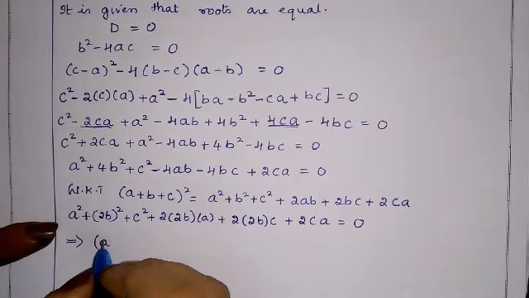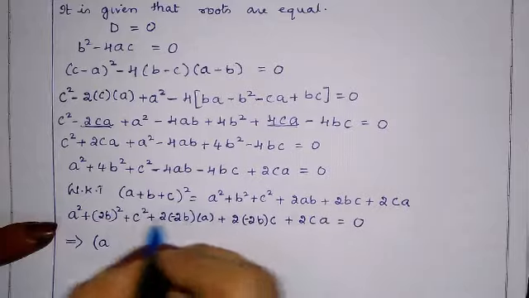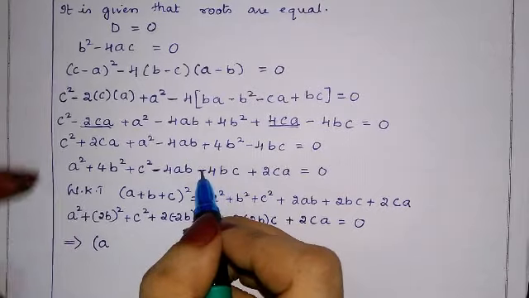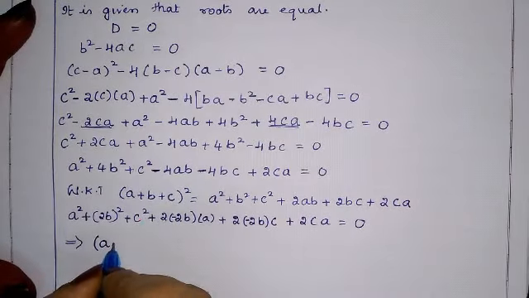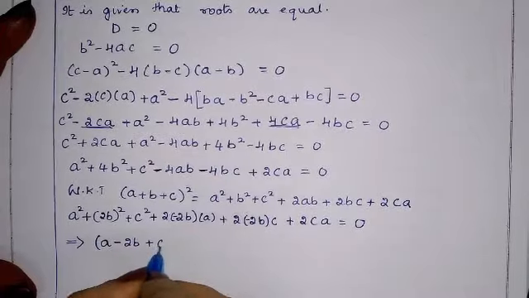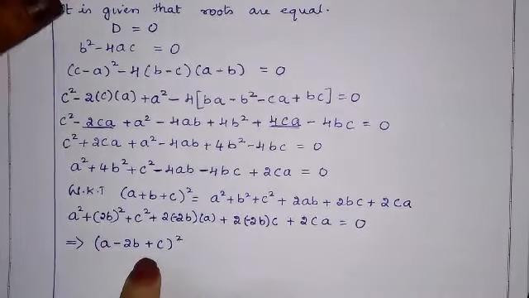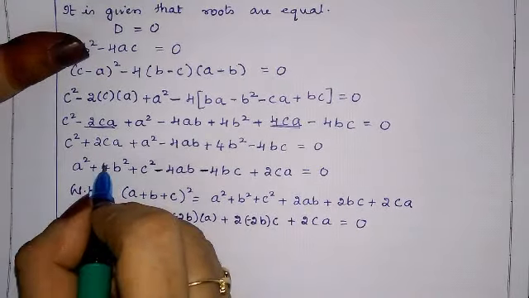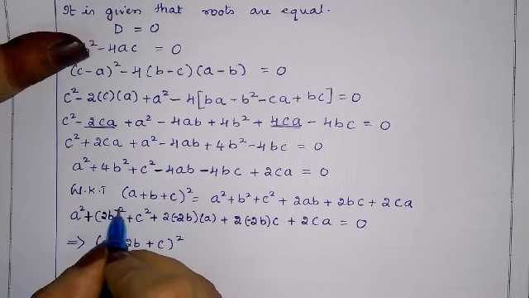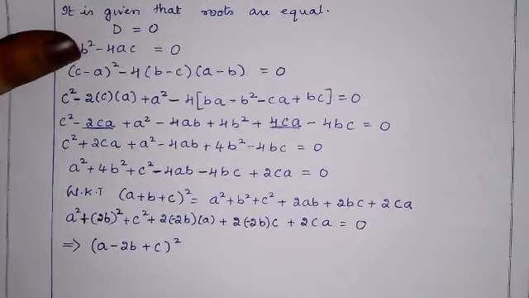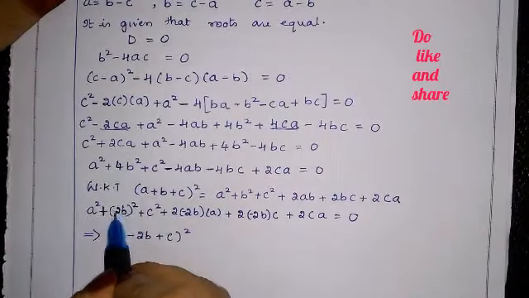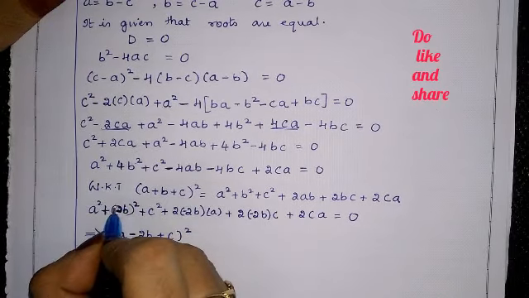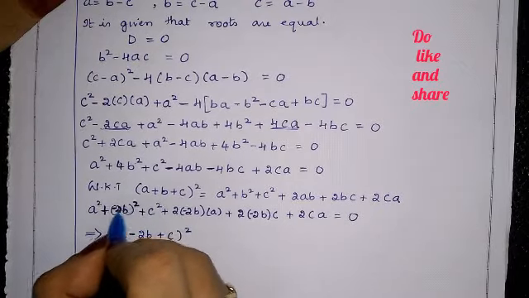A minus 2b. Sorry, I didn't write minus because here the minus sign is there now, on both sides we have minus, so it will become (a minus 2b plus c) whole square. Let me clear one more time what it is. A square as it is I wrote, in place of 4b square I wrote (2b) square. Then plus 4b square only, or else if you consider minus, minus square is plus.